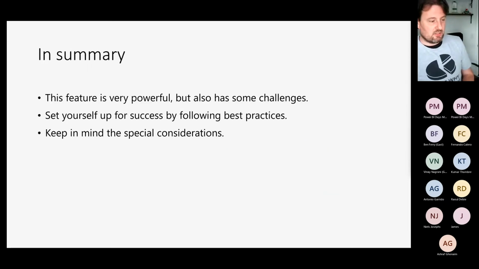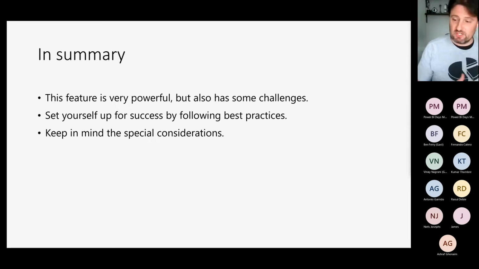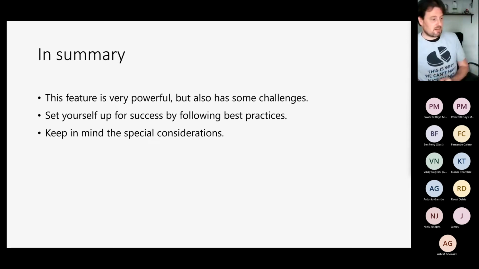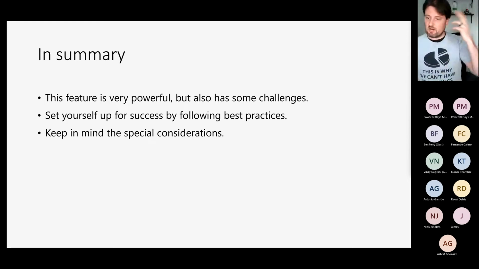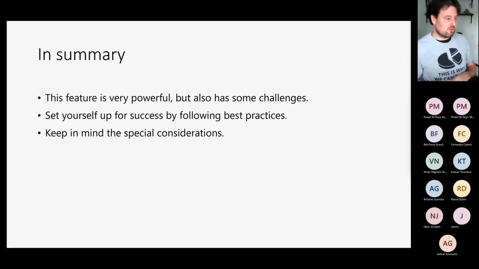So in summary, and then I'll keep my mouth shut for a little bit. It's very powerful, but this feature has specific challenges that you have to think about. Follow the best practices. Keep in mind the special considerations. The moment you see performance issues, think about wholesalability versus non-wholesalability, and your calculation group playing with those definitions of what's remote and what's local. And also look at your cross-source group relationships because they might just be very big.